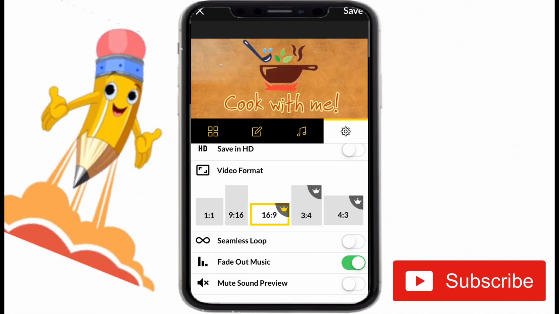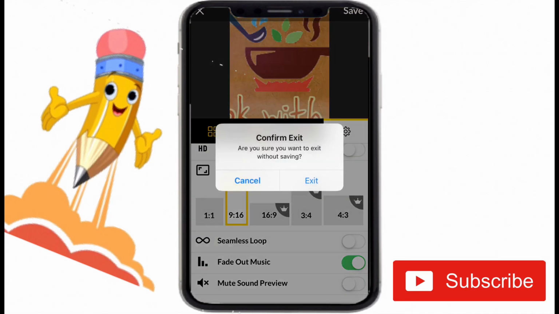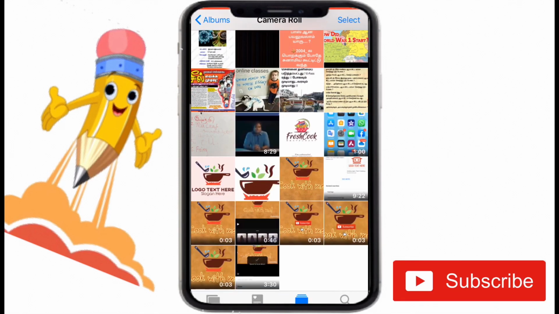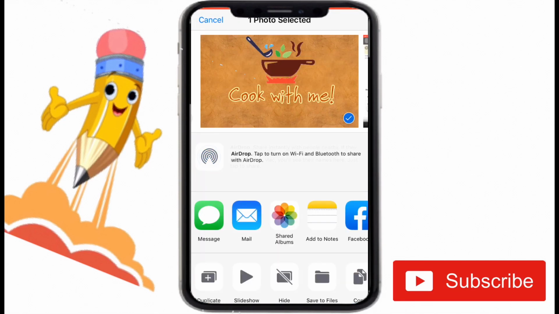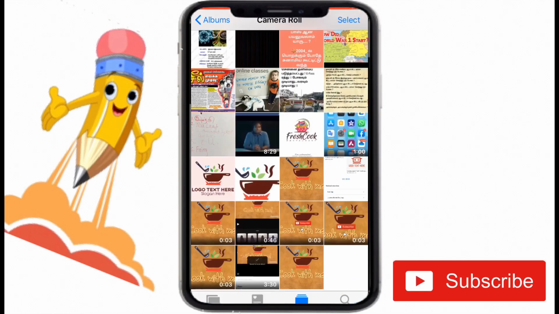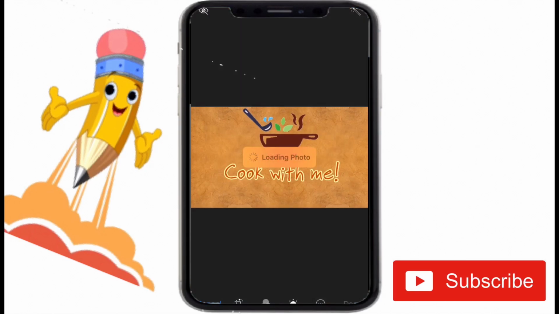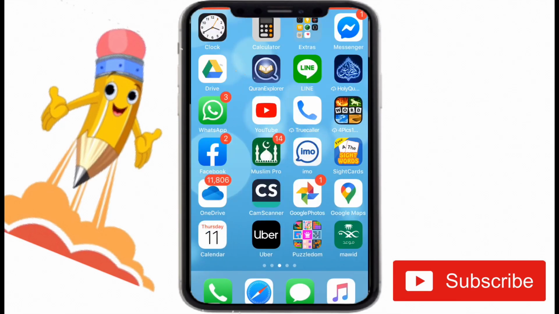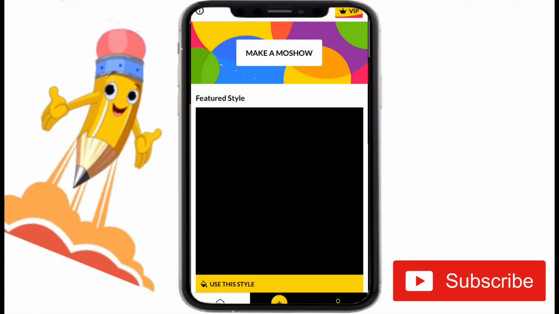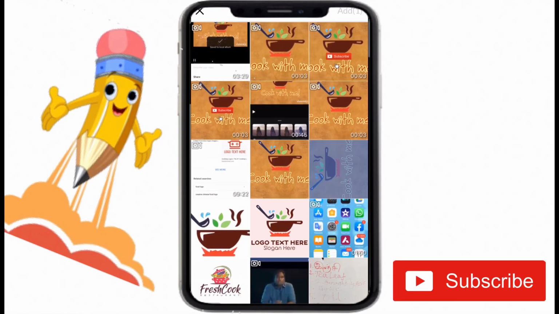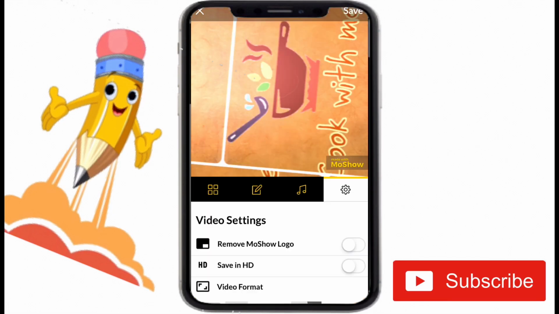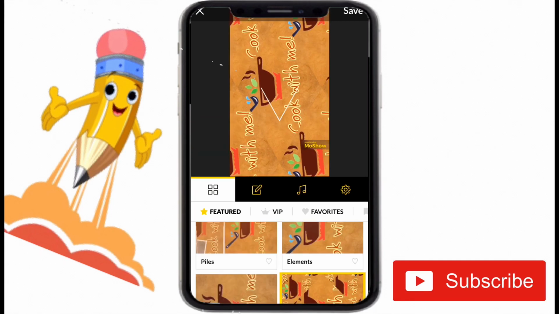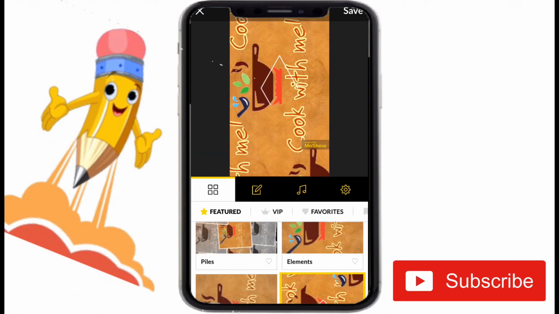So what I did for Motion is that I went to my Photos app, that is my gallery, chose the picture of my logo and turned it to portrait mode and kept it as it is. And then I moved on to Motion again. I chose that, because the free version only provides a 16:9 ratio in portrait mode and not in landscape mode. So I chose that and put the favorite animation which I like and proceeded to save it.